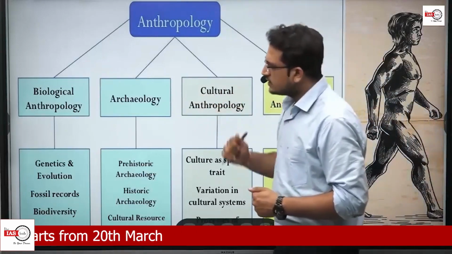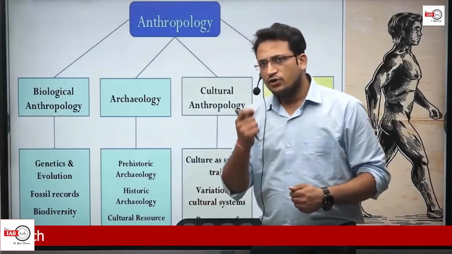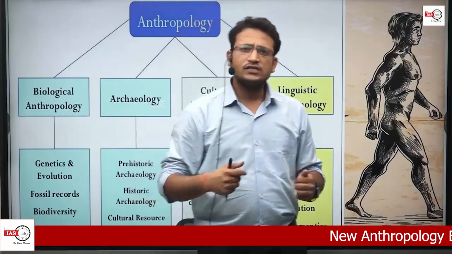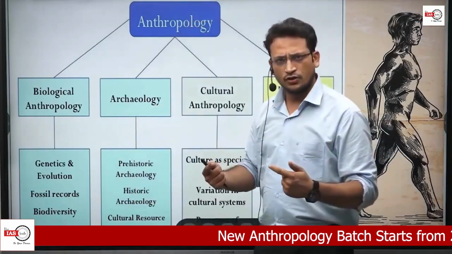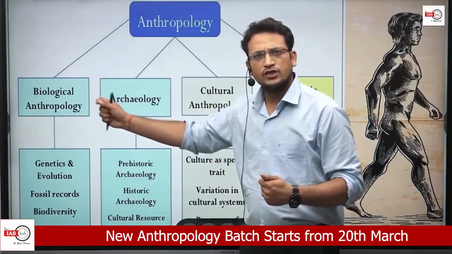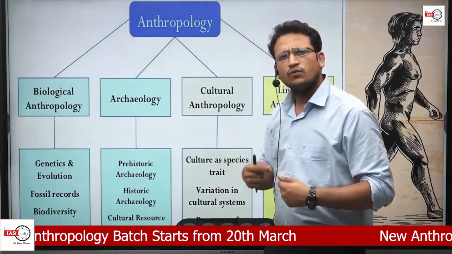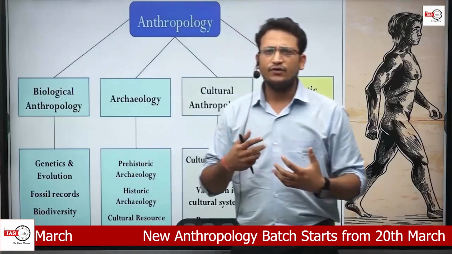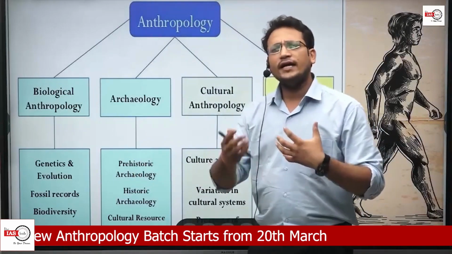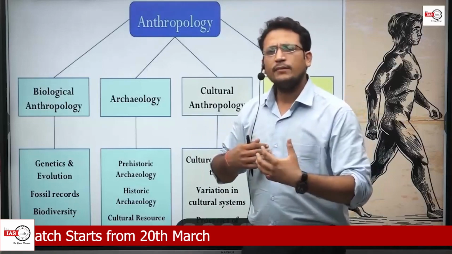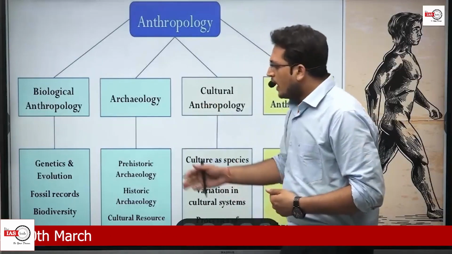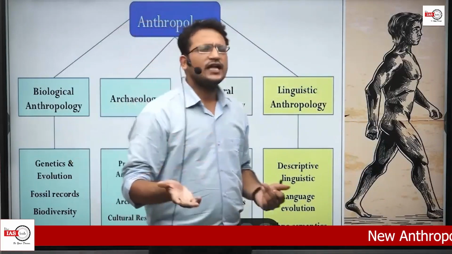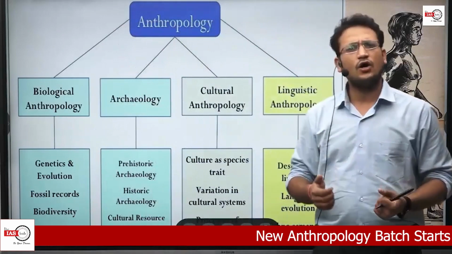The very first is biological anthropology. So I have given you a glimpse that we are not going to see just the biology of human beings. Rather, we will see the cultural aspect of human biology. That makes this biological portion very interesting and very easy to comprehend. Because when we see genetics, DNA and blood groups, we will find ourselves very much connected to the subject. And we will see the biodiversity portion here in biological anthropology, which will definitely help you in the environment section of your prelims.